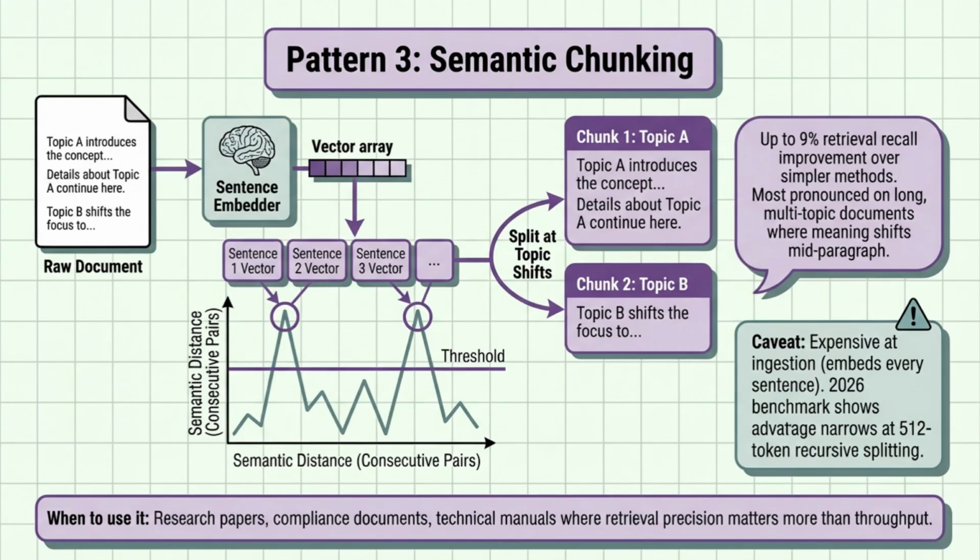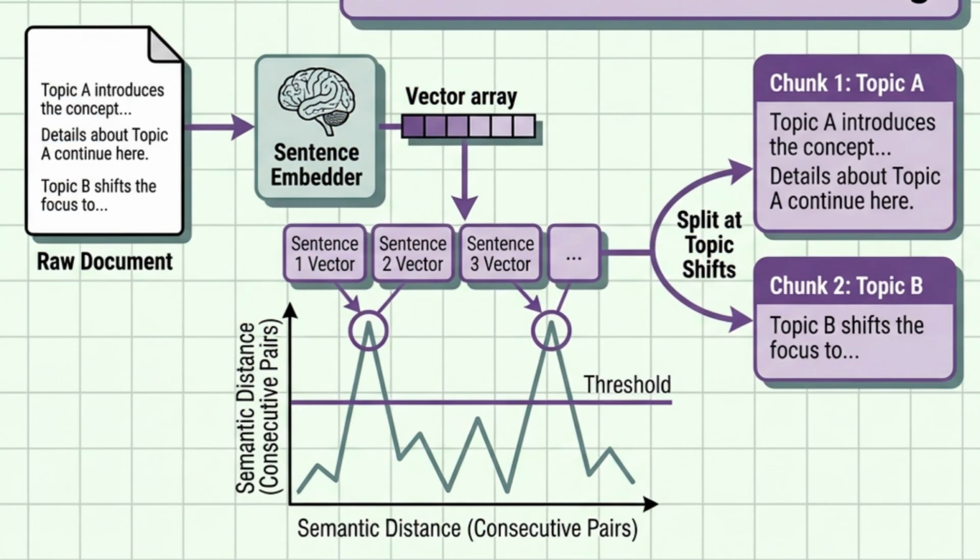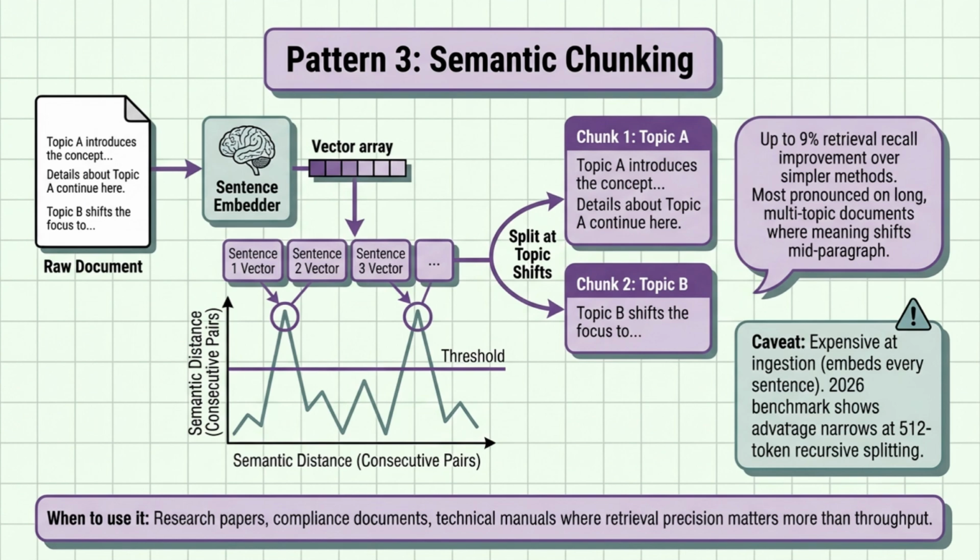Pattern 3, semantic chunking. This one is different in kind, not just degree. The first two patterns use syntax as a signal for where to cut. Semantic chunking uses meaning instead. You embed every sentence in the document. You compute the cosine similarity between each consecutive pair of sentence embeddings. And wherever that similarity drops sharply, you place a chunk boundary. The result is that chunk boundaries follow the document's actual topic shifts rather than its formatting. Pattern 4,